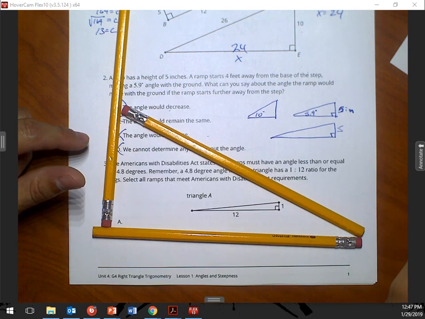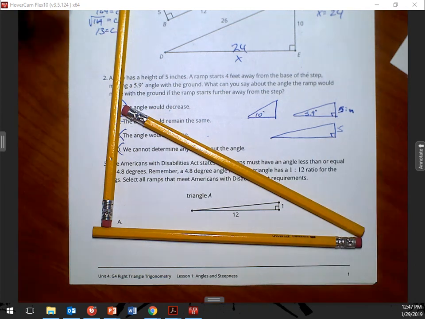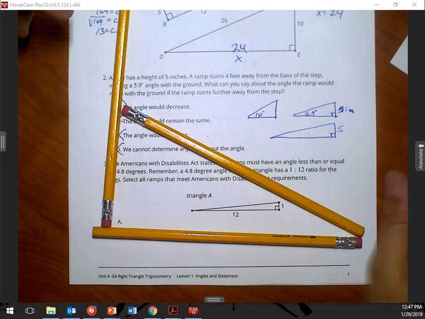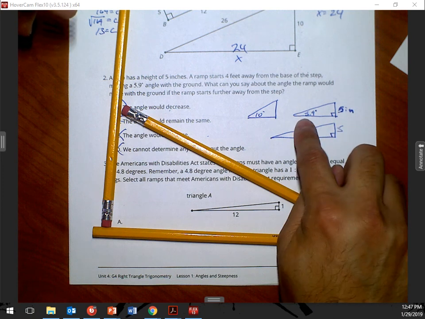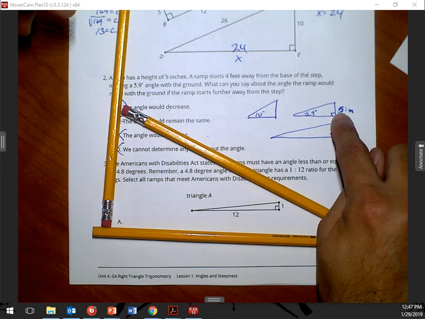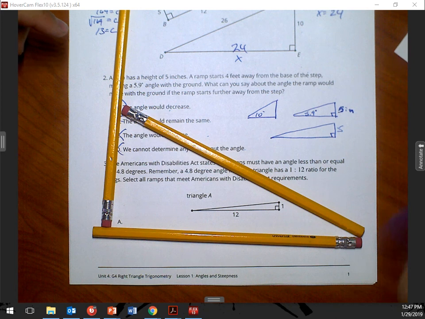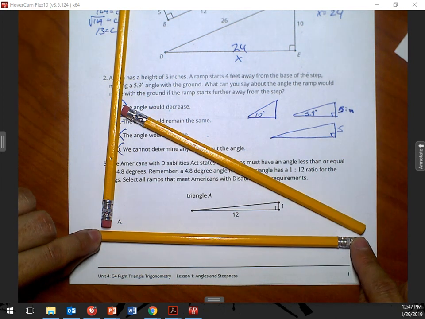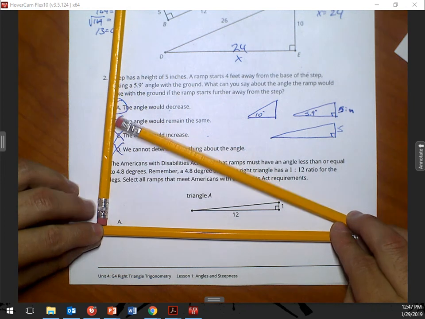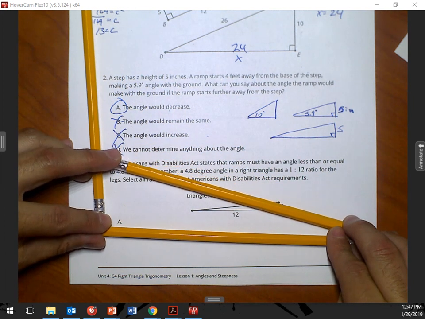Yes? So think of it as extending and adding another pencil. That's what I was trying to get to. Go ahead. The problem that we just did, the side didn't get smaller, it stayed the same. This side right here stayed 5 inches. Yeah, this side stayed 5 inches. If you notice, this is my piece that actually stayed, right? This piece stayed, and so as I extend this, if I shrink this,